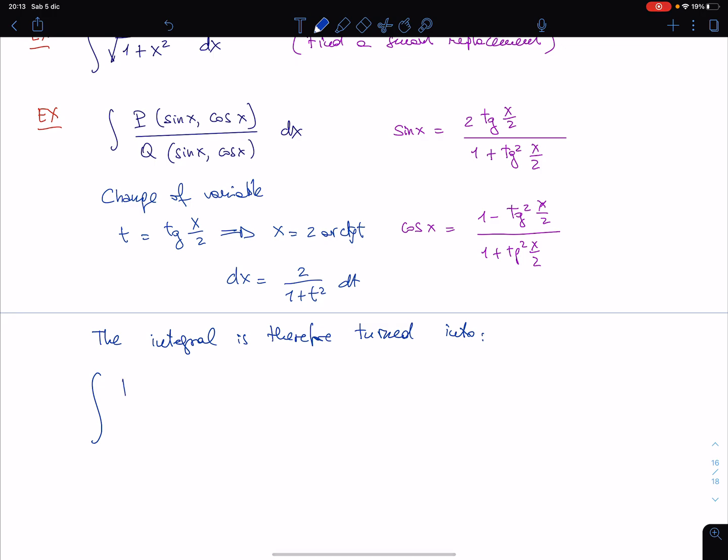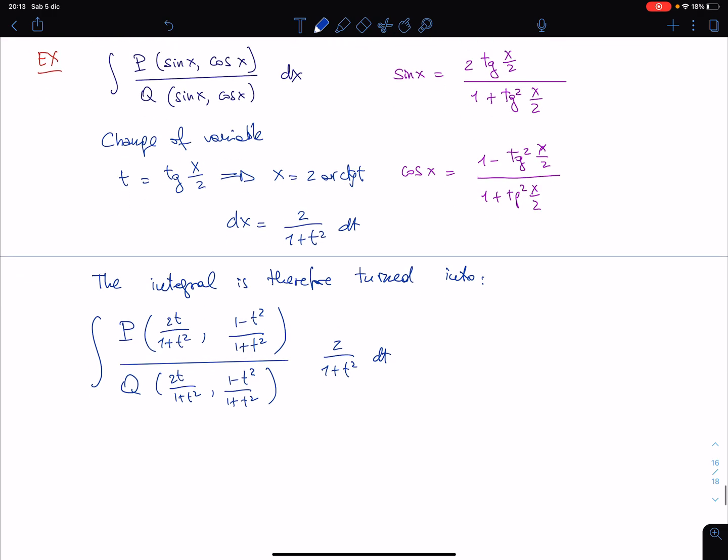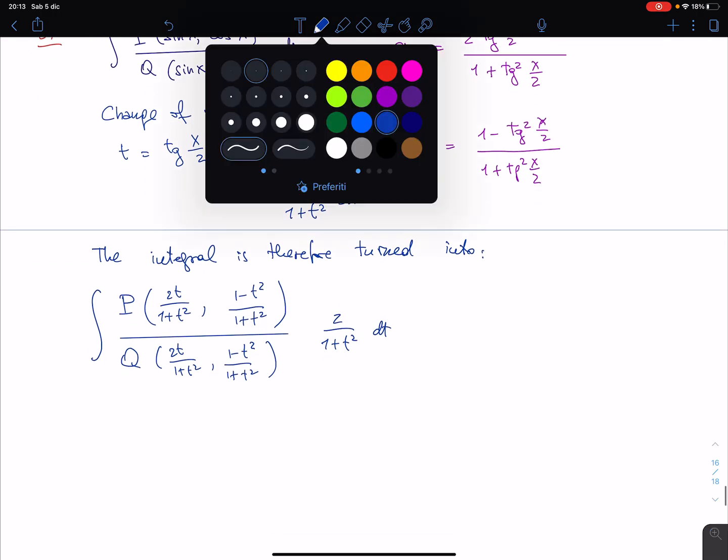The integral of p of what? Of 2t divided by 1 plus t squared, 1 minus t squared divided by 1 plus t squared, and here q. Here you have 2t divided by 1 plus t squared, 1 minus t squared divided by 1 plus t squared, and instead of dx you write 2 divided by 1 plus t squared dt. Okay? This formula you don't have to remember it, but it is better to focus on some exercise,